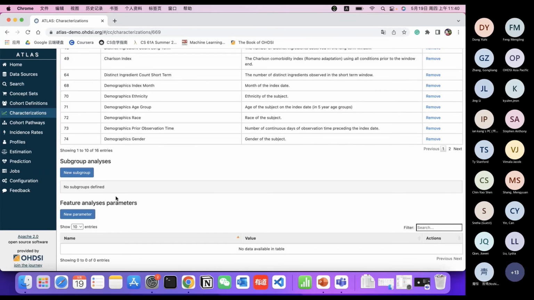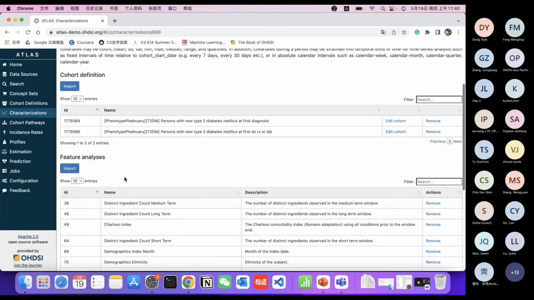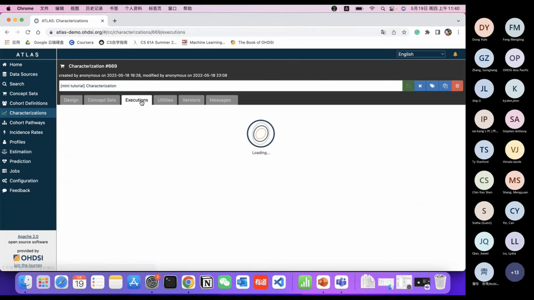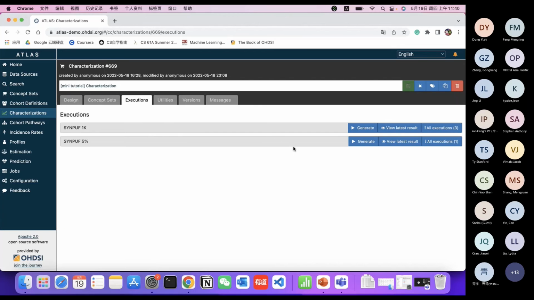Okay, I will leave this subgroup analysis blank first and show you how to generate the report. So you can go to the execution functionality to generate the report. You can see there's the data source available, and you can click the generate button to generate the report. And after you